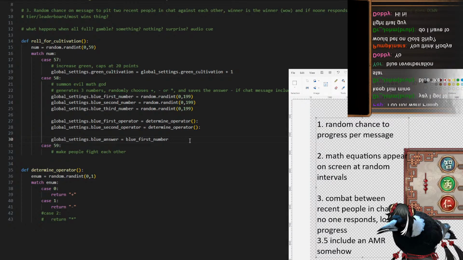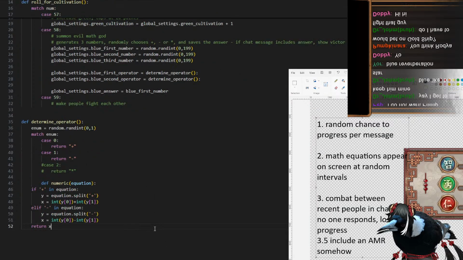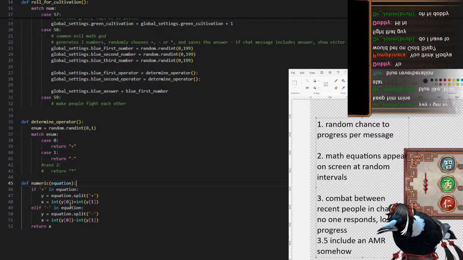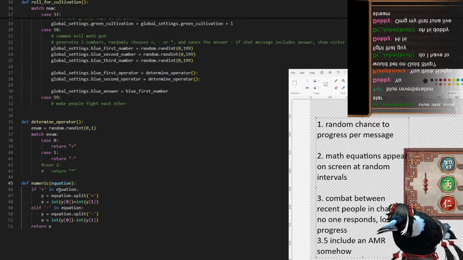Blue first number. Okay, you know what? I'm going to copy this from Stack Overflow and see if I can make it work. Define numeric equation. So if plus in equation, split on plus, that doesn't really work. Oh, wait, hold on. Maybe I can make that work. So if plus in equation, what about instead of elif, I do also if minus in equation. Yeah, okay, so then